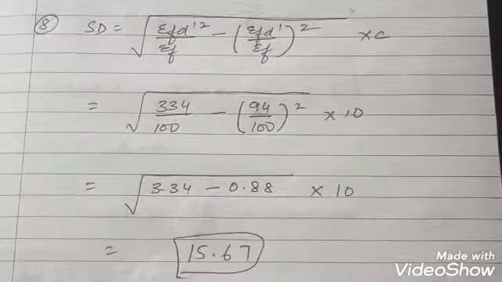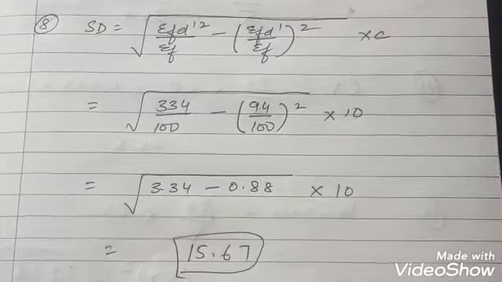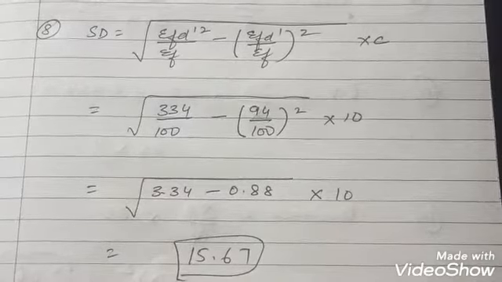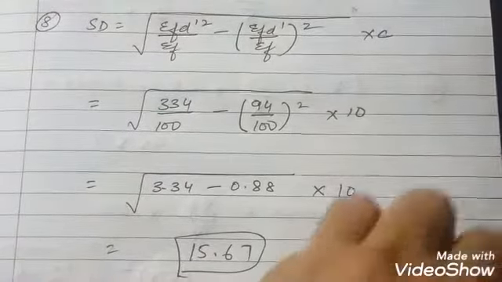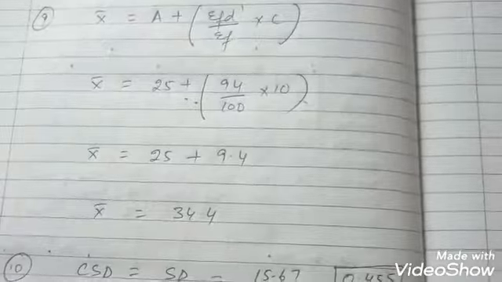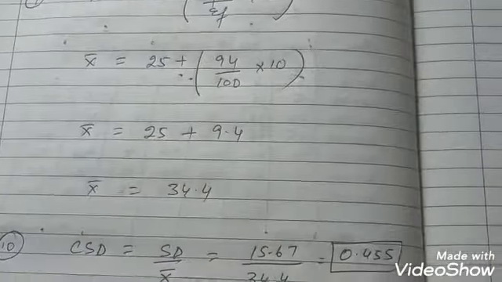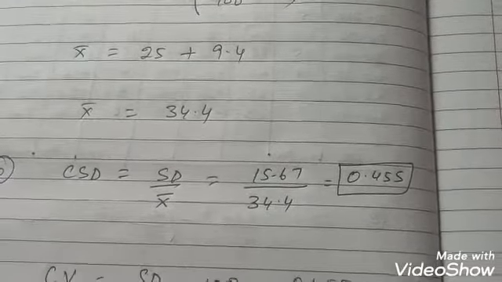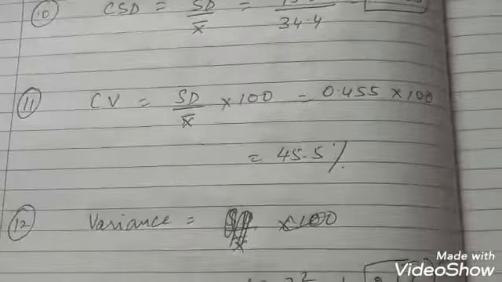So I would recommend the students to just copy the sum down, right? Take out the mid value and close the video, and then do the sum by yourself. And once you've done the sum by yourself, cross check whether the answer is matching with what is given in the video. That's the given actual mean. Here comes your CSD, here comes the CV, and then the variance also came.